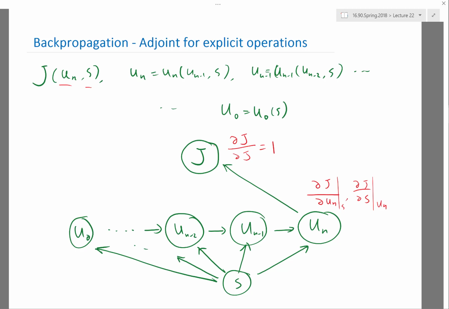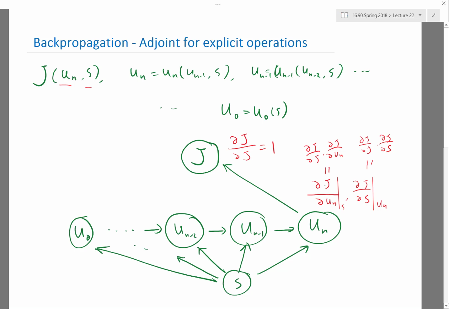So if we know the derivative of j with respect to the outcome of a simple operation, the derivative of the same j to the inputs of that small operation should be very easy to compute, right? So for example, this one would be equal to dj dun times dun ds, and this is dj, which is 1, times dj ds. I mean, here it's pretty obvious. Okay, now